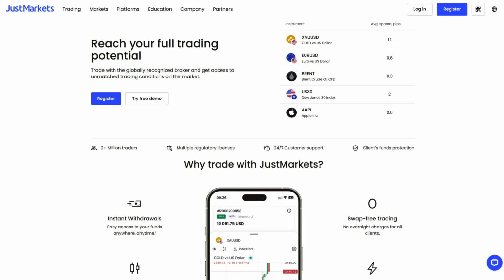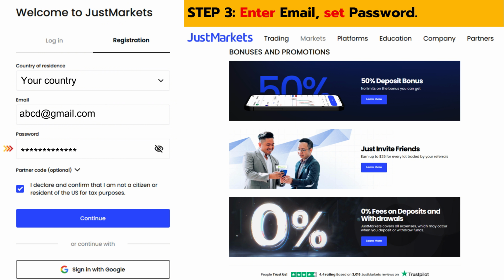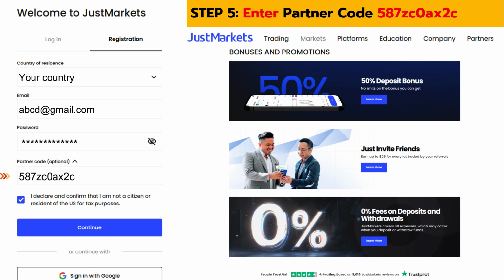I'm going to guide you step by step on how to register an account on JustMarkets. Step 1. Click Register. Step 2. Select Country of Residence. Step 3. Enter email. Set password. Step 4. Click Partner Code optional. Step 5. Enter partner code